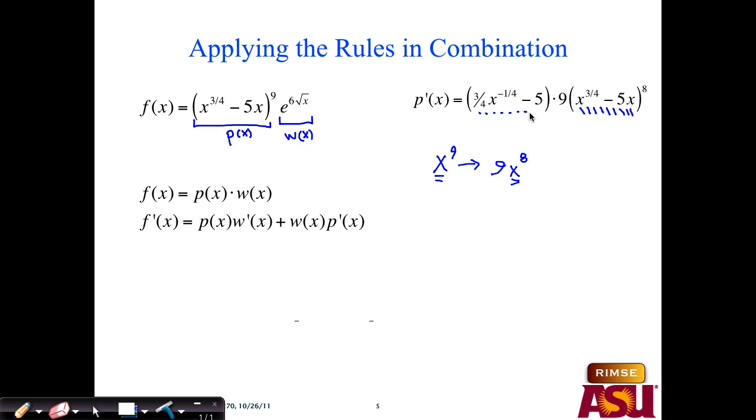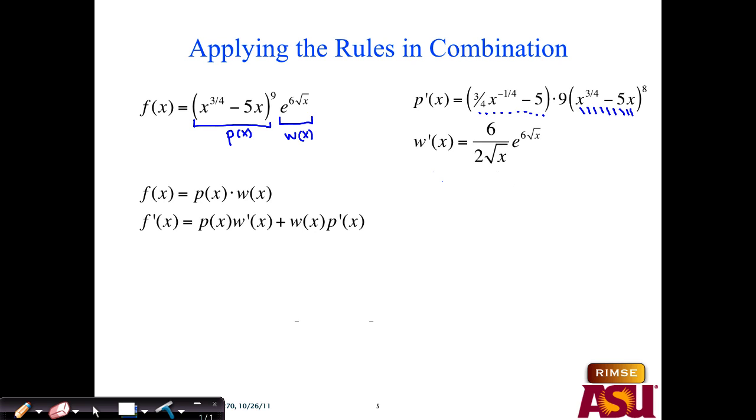The derivative of x to the 3/4 power involves power rule, 3/4 x to the 1 lower power, negative 1/4, and then minus the derivative of 5x, so maybe that's easier, minus 5. Sometimes the easy ones, you second guess yourself because it looks so short or it looks strange. It's missing some difficulty levels. But in any case then, our derivative for the power function part, the first listed of the two factors here, should look like that. Two big chunks multiplied together using quotient chain rule. And then